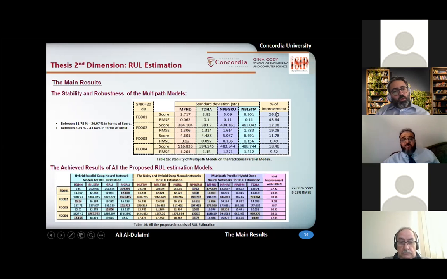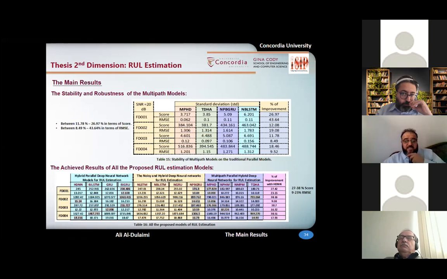And we can see that the improvement is really high and big. Why is that? Because adding or adopting multipath, or adding the third parallel path, has a role in reducing the generalization error